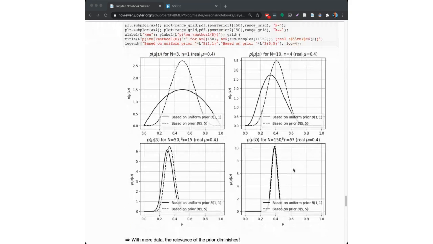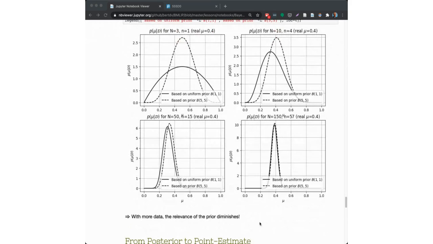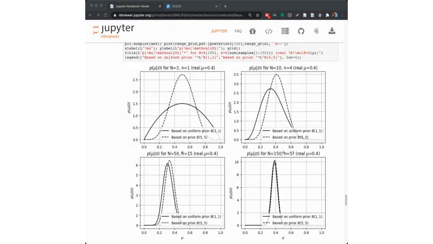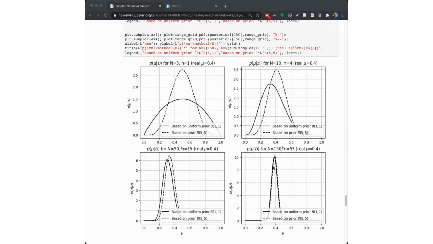So you can say this function here is almost the same as the likelihood function, because this function has a very high value and a very narrow base. So if I multiply it with whatever the prior is, there's not going to be much difference. Now the maximum of this function is here. That would be the maximum likelihood estimate, right? So around 0.4, maybe a little less at this moment. And if I would go through even more data, then hopefully the real mu was 0.4.